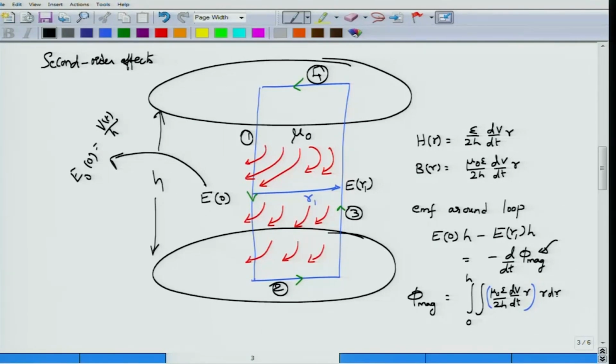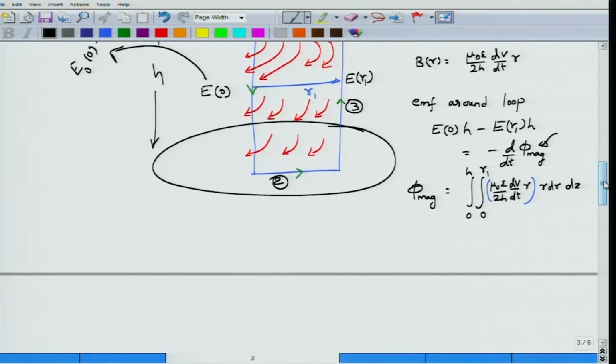So, this would be r dr, and the integration is from 0 to r1. So, r equal to 0 to r1, and integration along, say, dz. So, clearly integration along z will give one h, that h will cancel the h in the denominator. So, the magnetic flux density that you will get will be equal to mu 0 epsilon by 2, dV